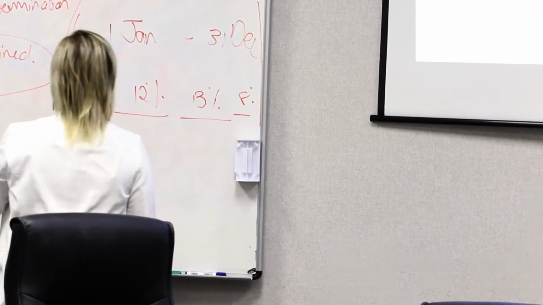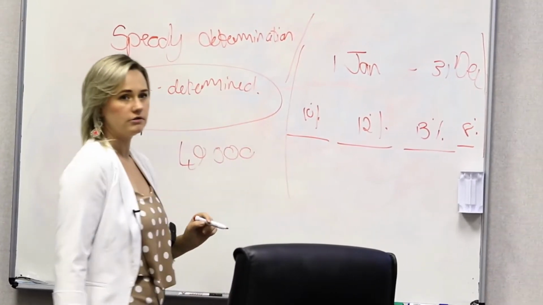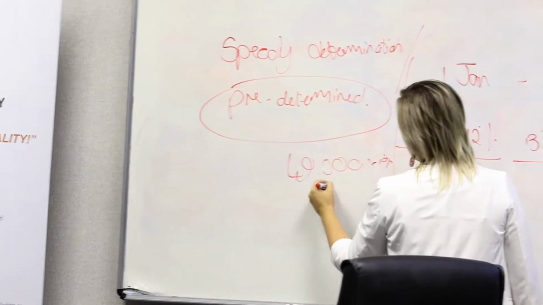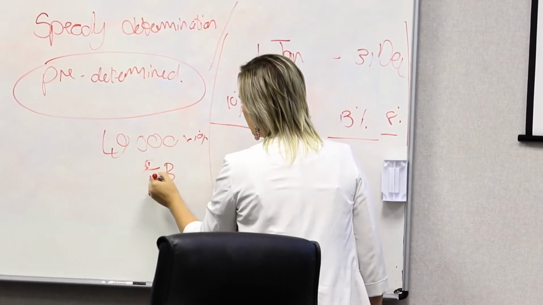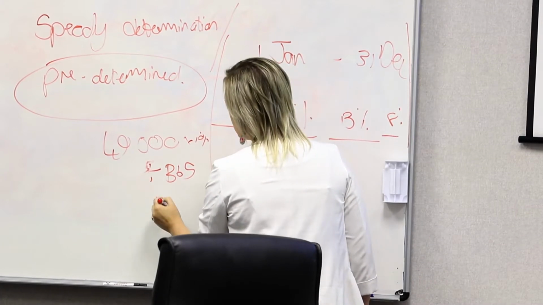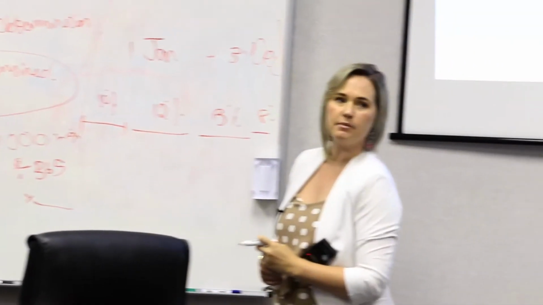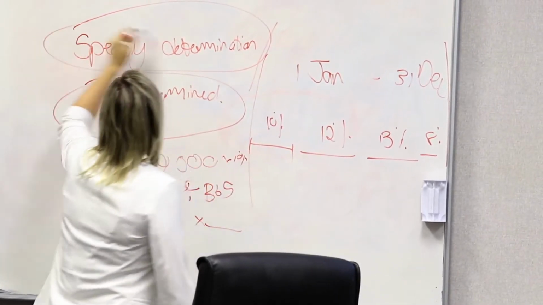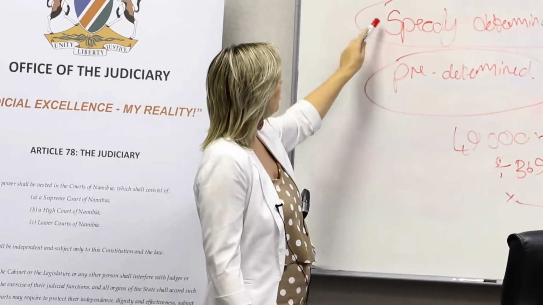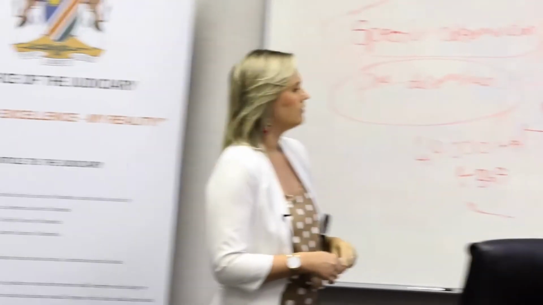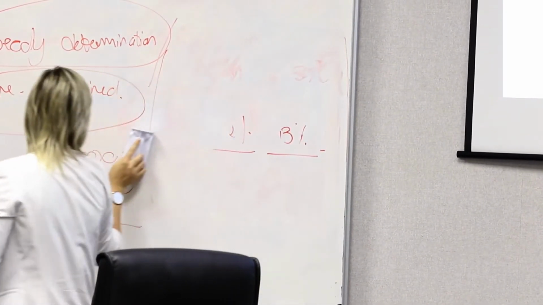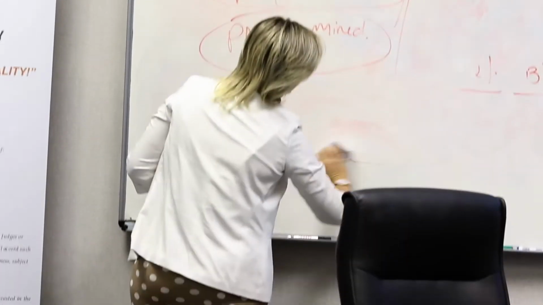Then you go and you multiply the 40,000 that is owed by the number of days. So you take 40,000 times 10% for that period, divided by 365, which is the number of days in a year, times the number of days that this interest rate was applicable. It's a fairly easy sum to do. So isn't it subject to speedy determination? It's certainly liquidated. The court doesn't need an expert to come and tell it how it's going to arrive at that amount. Okay, so that would be where you claim interest. That's one of the examples. It would be liquidated. The next question is,